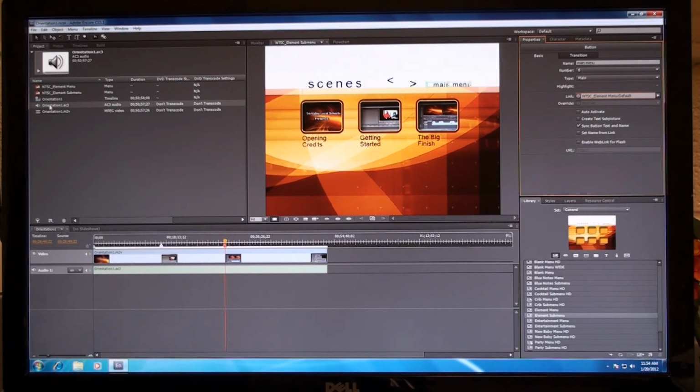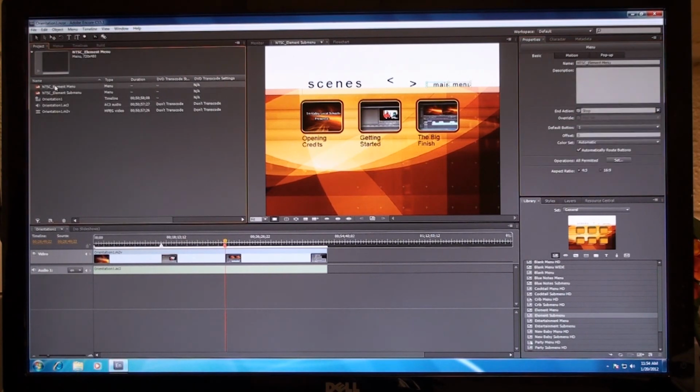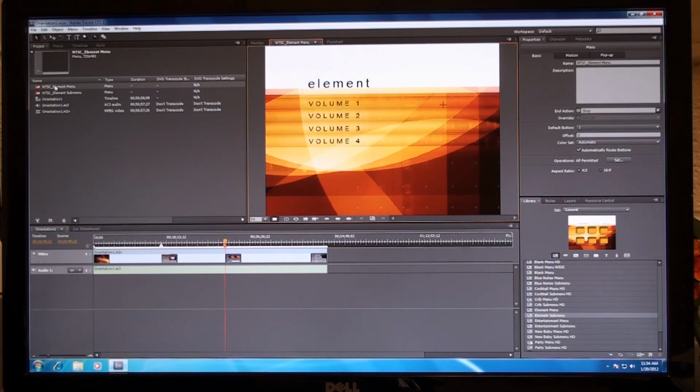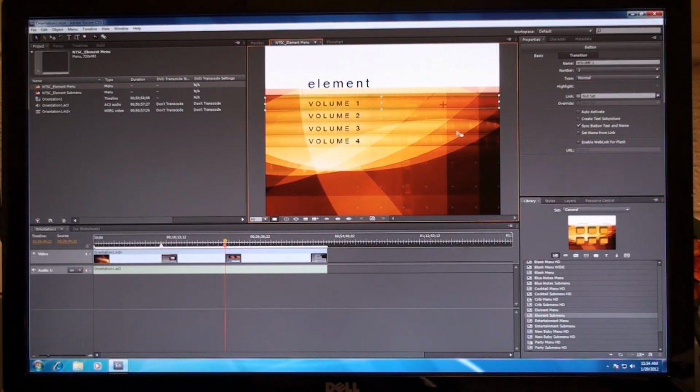Now if we go to the orientation, let's see, we want the element sub, we got element sub menu, we want element menu actually, I guess. Lost my train of thought there for a minute. Double click that so we can bring that up. And we're going to click on the volume 1, and we're going to change that. We're going to say